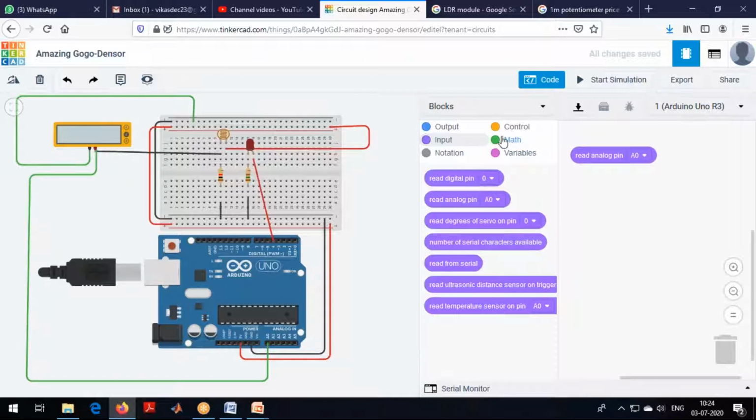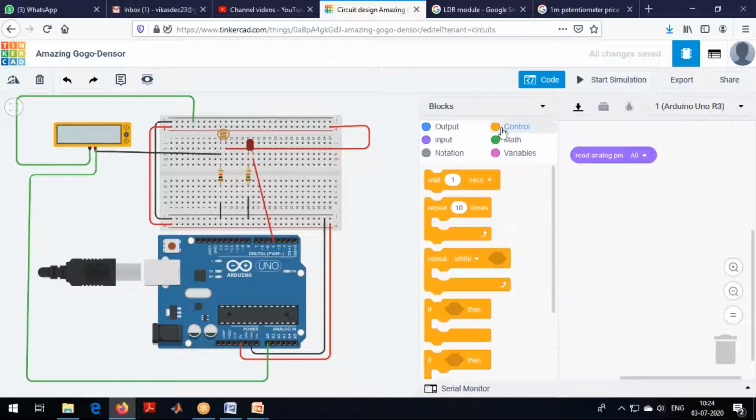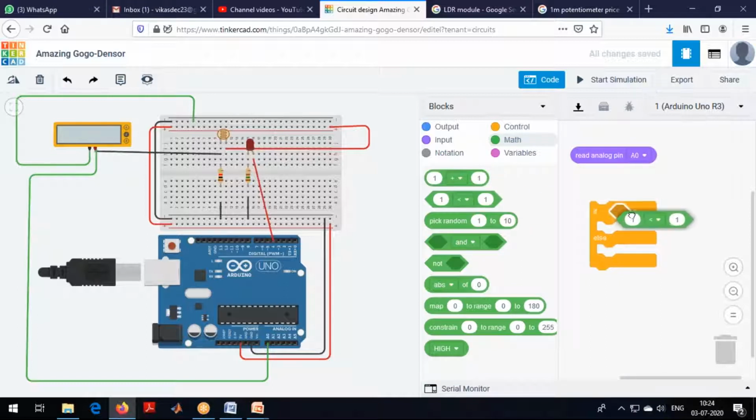I'll go with this control block because I want to write an if else condition. See here, here I'll write the condition. The shape has to match, then only it will work. So I'm collecting the same shape and dropping it over here.